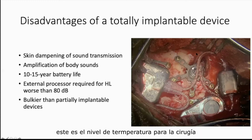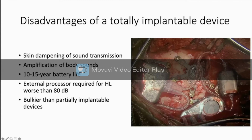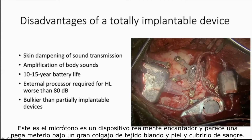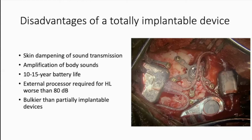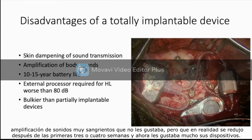This is the level of the middle fossa dura. So this is the fixation device and the actuator heading in there towards the incus body. This is the microphone, and it's a really lovely device, and it seems a shame to stick it under a big flap of soft tissue and skin and have it covered in blood, but that's what the totally implantable device is. The patients that we've done so far reported a lot of amplification of their own body sounds, which they